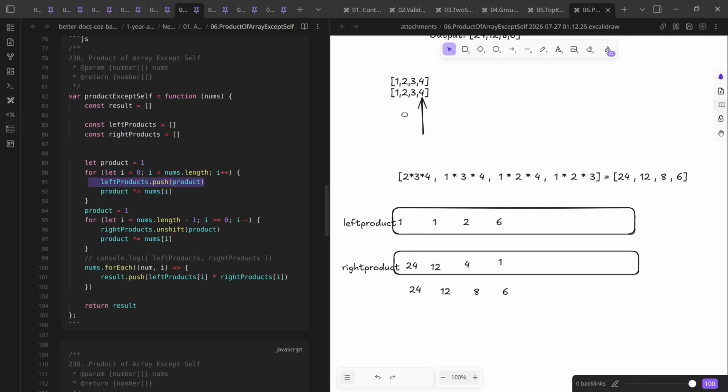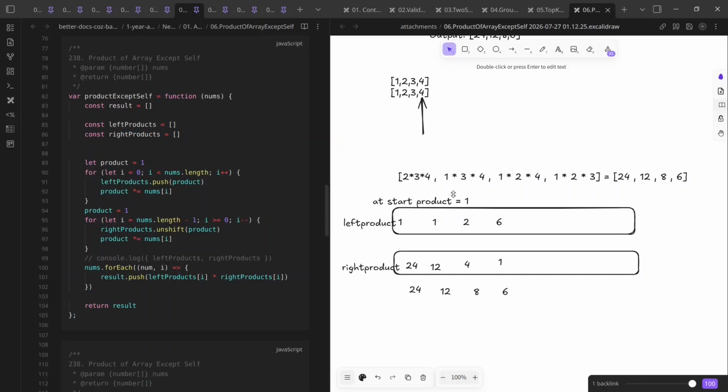Like here, for the first element the product was 1 because there was nothing. Initially the product was 1, right? So if I have to write here, at start product equals 1. So here, because there was nothing, we wrote 1, the initial product, and here at 2 we did initial product into